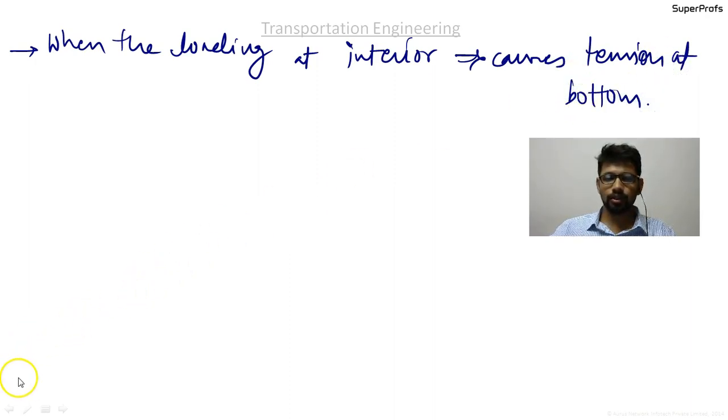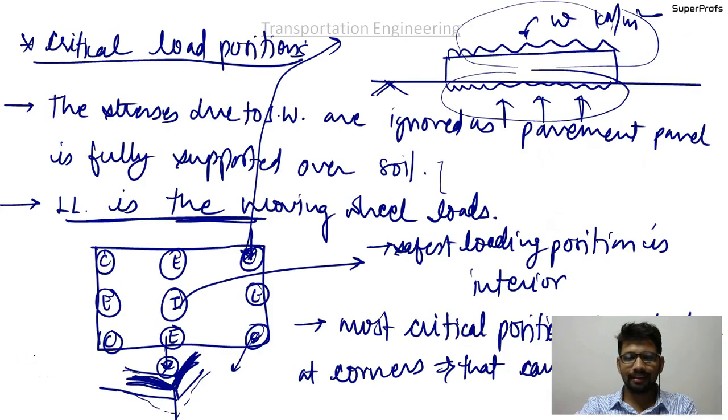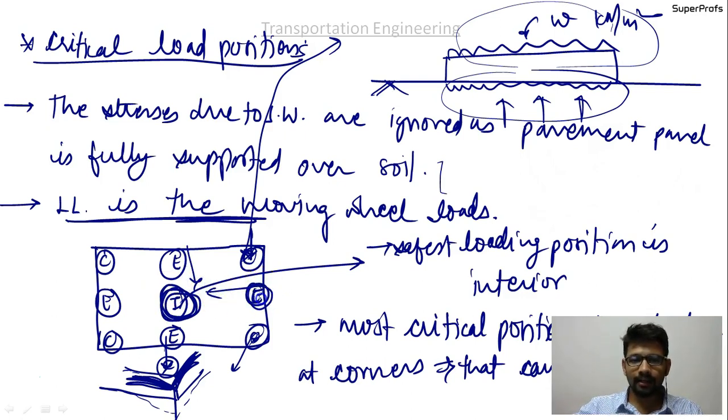Okay, guys, so it is very important to understand this. Here you should make it clear to yourself that the loading is called interior loading whenever the load is applied at the interior, away from the edges. The load is said to be applied at edges when it is applied on the edges but away from the corner. These are just the terminologies that define the position or the location of loads.